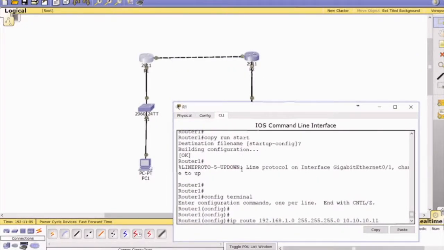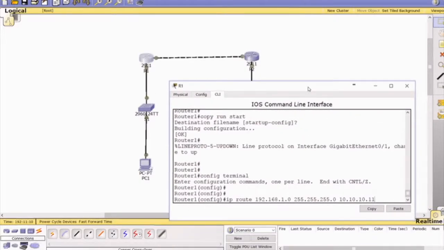This is the PC2 network, the destination. Okay, so we're saying, hey, if you want to get to this destination, you have to go to this address, which is gig0/1 of R2. All right, so we're creating a standard route to a specific destination city and a specific destination processing facility. So I'm going to click enter,